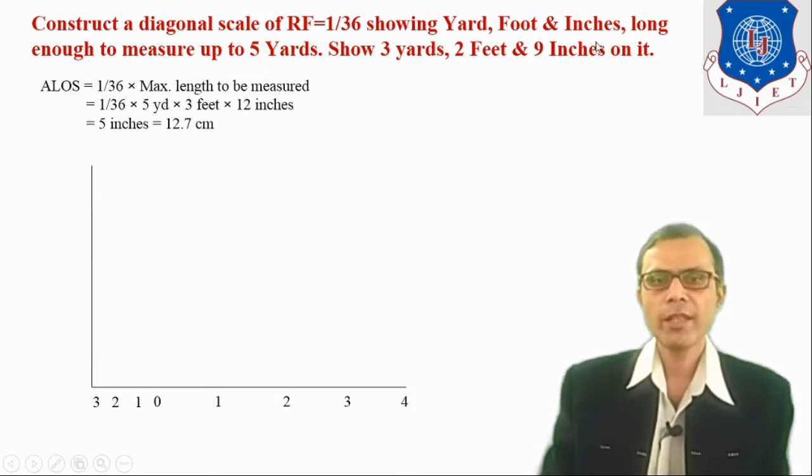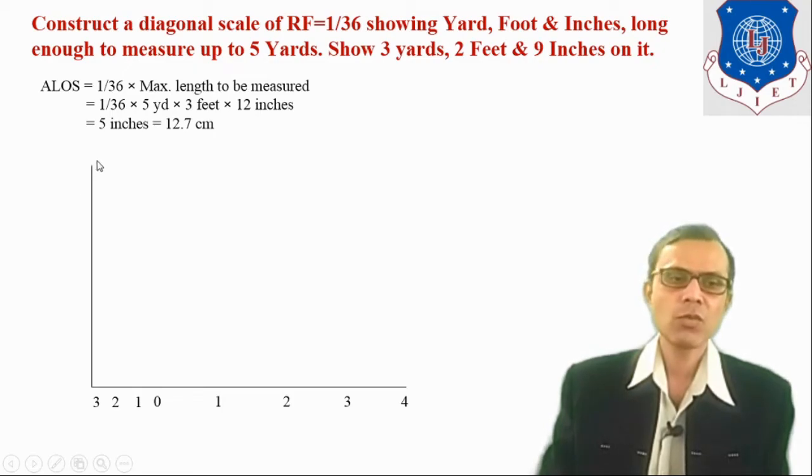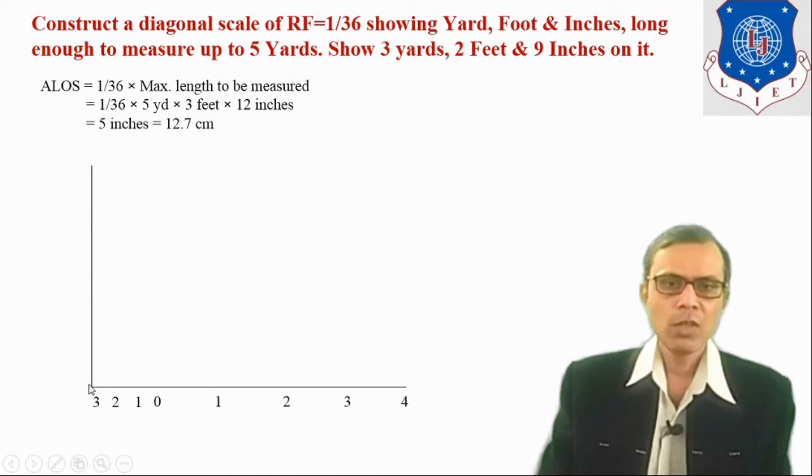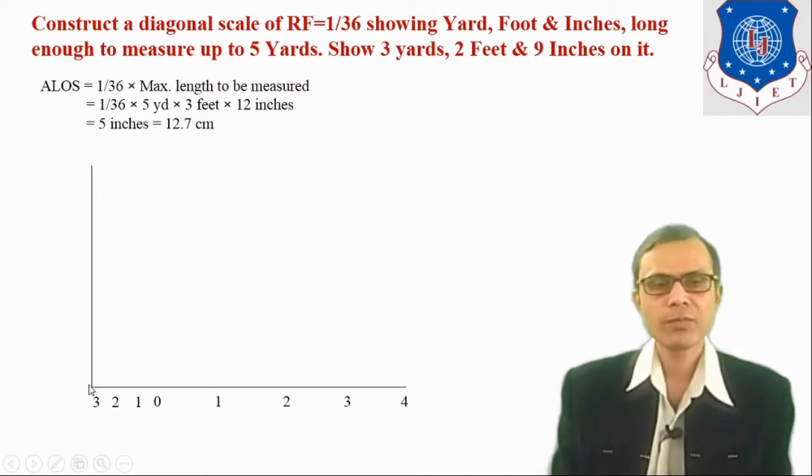The third unit is inch, and 1 foot equals 12 inches. So here on this vertical line we have to take the smallest unit, and that is inch. And for the relation between foot and inch, here the unit is foot, here we are going to take the unit inch, and 1 foot equals 12 inches. So we have to divide this line into 12 equal parts.